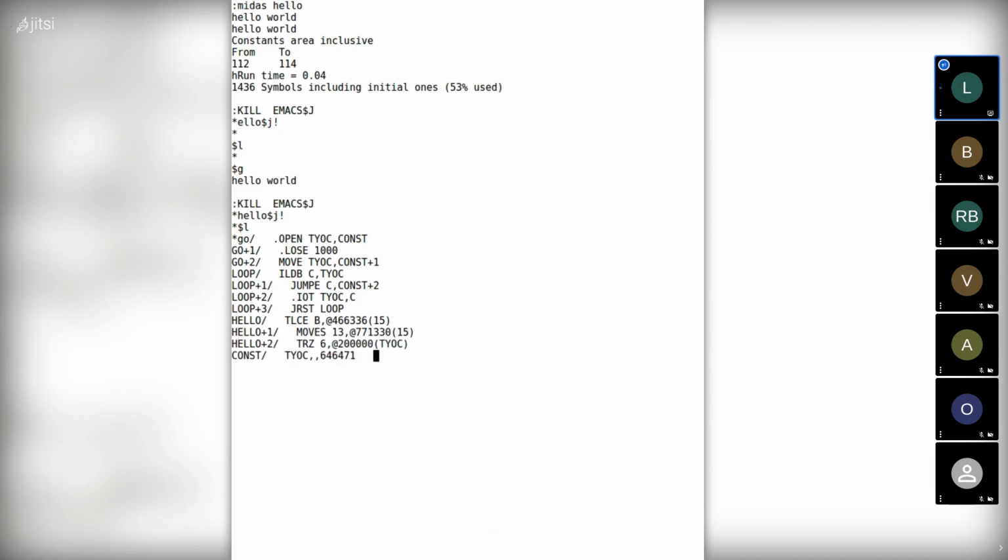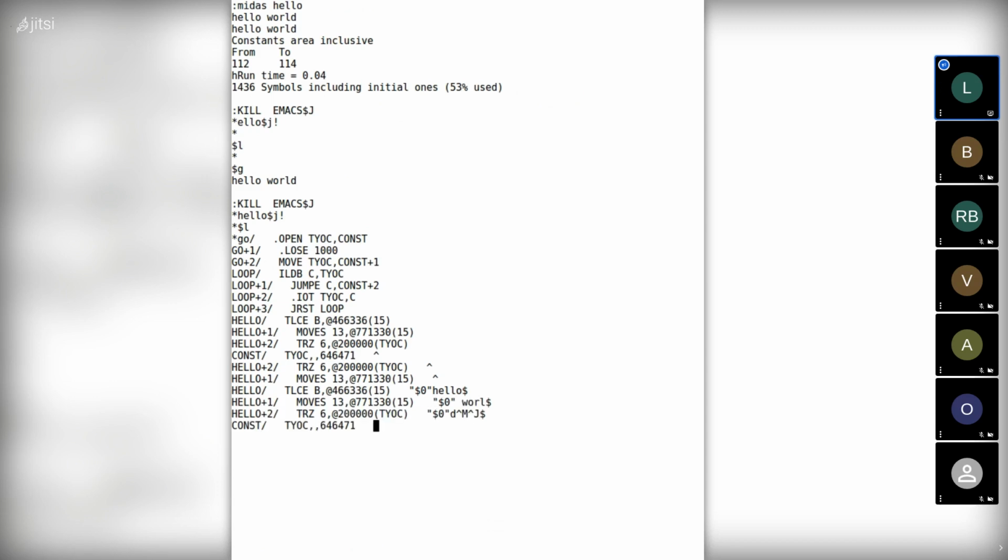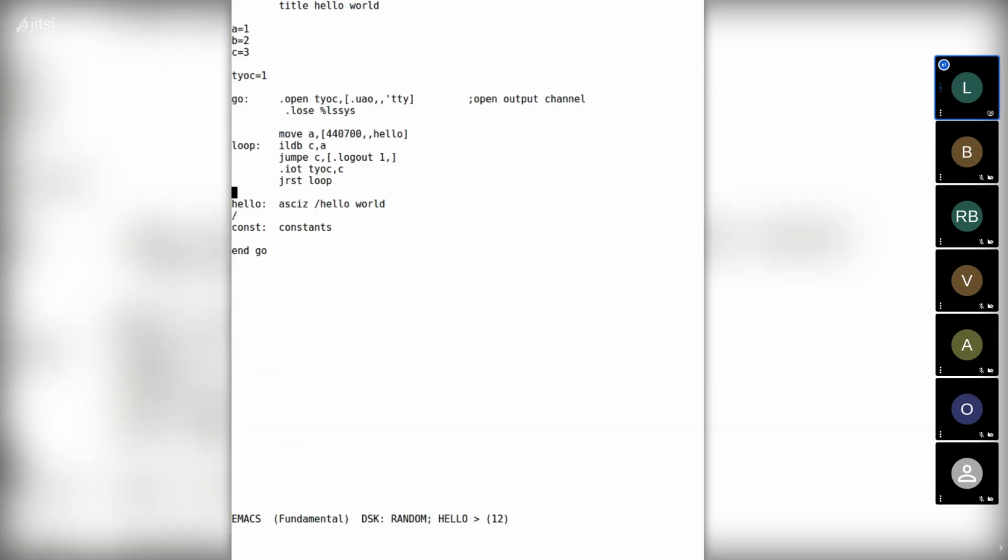Here we have the hello world string, which looks like DDT assumes it's PDP-10 instructions, but if we type double quote, we can see the text as well. So there you have it, the first simple hello world program.